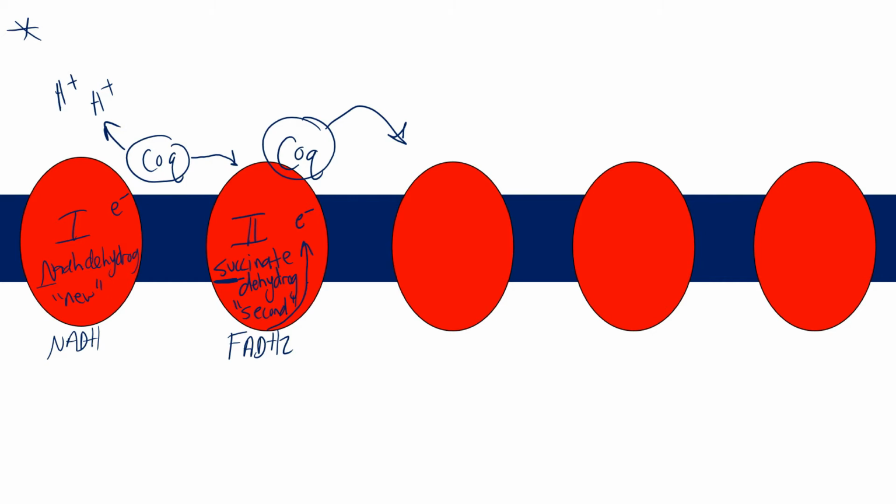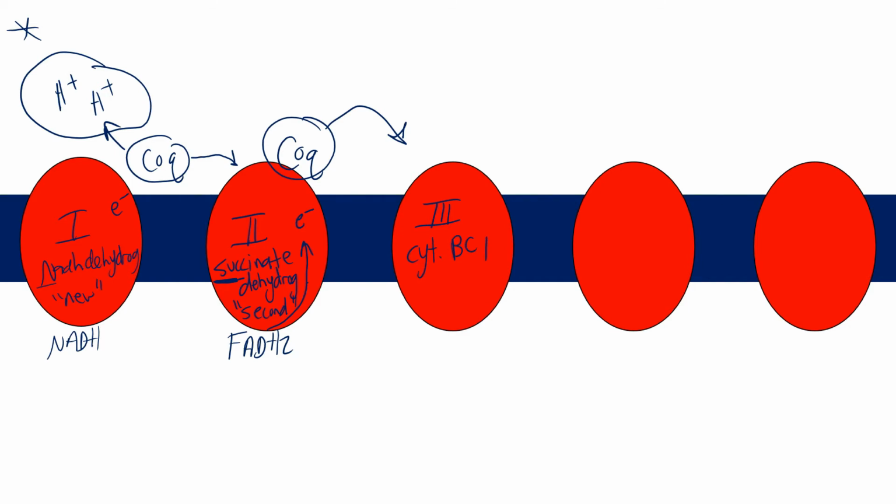Okay, so we have all of these electrons that came from NADH and FADH2, and we've generated some protons from complex 1, and now we're moving into complex 3 with that coenzyme Q that's bringing all of those electrons. So now, what is going to happen in complex 3? First of all, we need to know the name of complex 3. The name of complex 3 is cytochrome